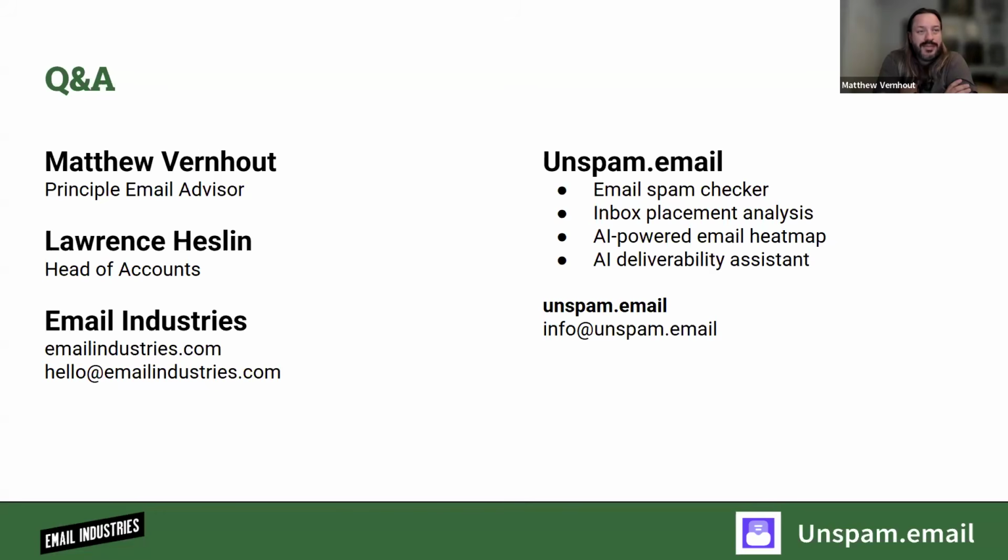So by default, if you get a 4.x.x, you should retry for a period of time. Now that varies from ESP to ESP. Some it's 24 hours, some it goes as long as 72 hours. I've even heard some ESPs go up to 7 days. Understanding what your ESP's retry value is also important, especially when you're sending promotions.